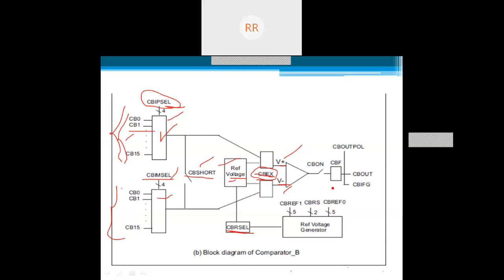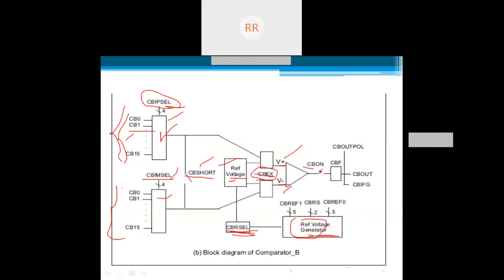That can be chosen by using the CB reference selection bit. And for the reference voltage generator, as we said, there are three different values for the CB reference voltage sources: 1.5 volts, 2 volts and 2.5 volts, which are generated by this block and must be selected by this block.